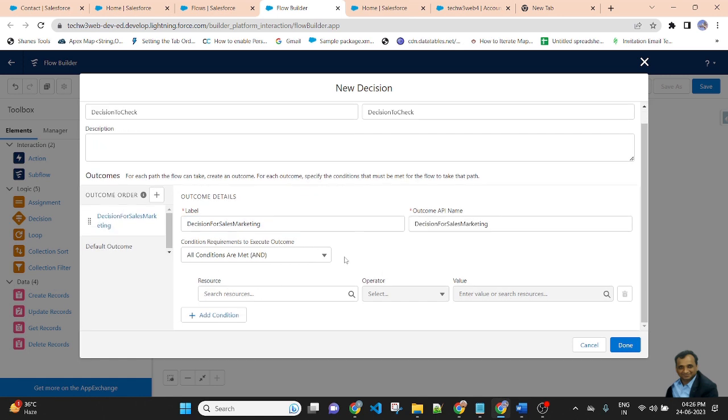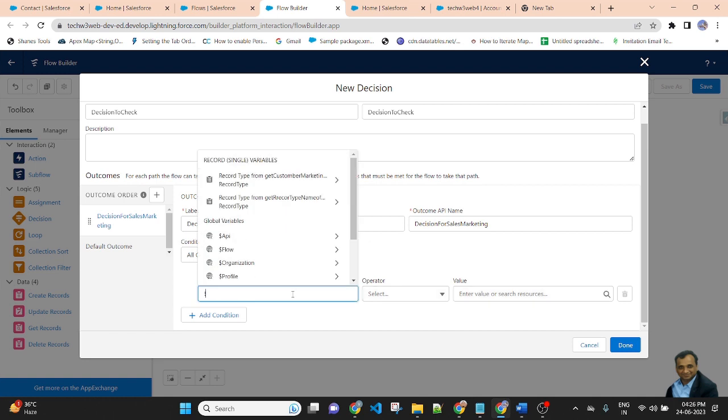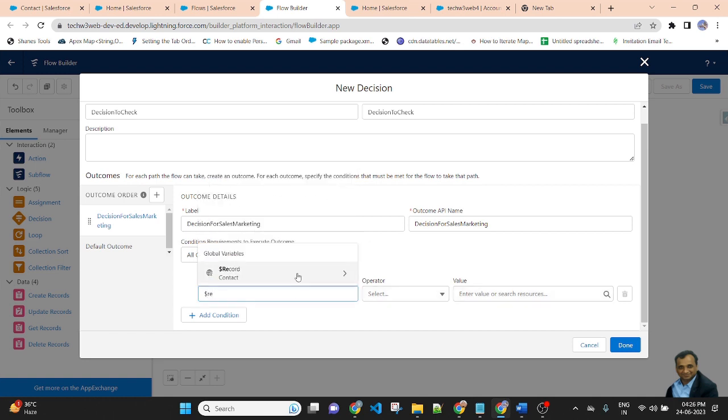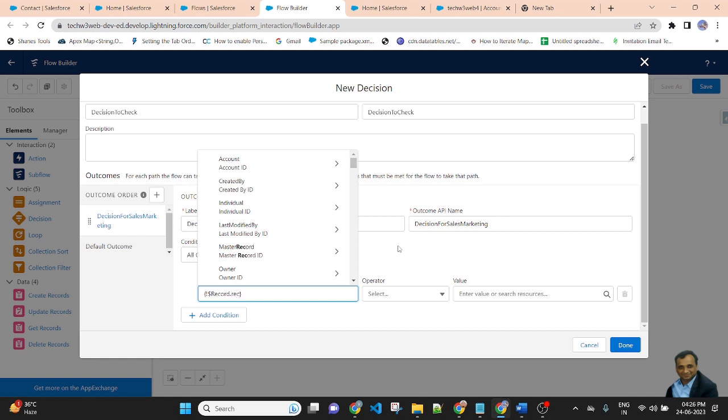And the source record, dot Record Type ID.